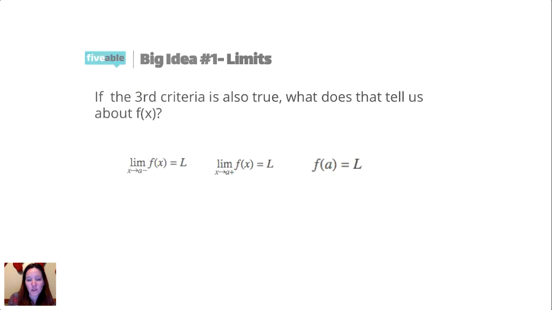My next question is, if the third criterion is also true, what does that tell us? The limit from the left and right gets us a limit, but what if we also say that the function at a actually equals L? What does that tell us about f of x? Right, okay, so f of x definitely exists because we said it equals L, and it's also continuous. So we would say that f of x is continuous